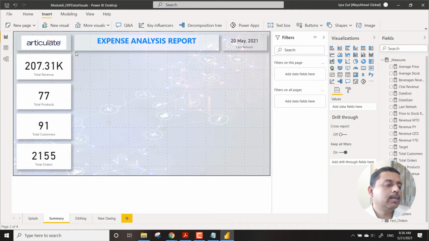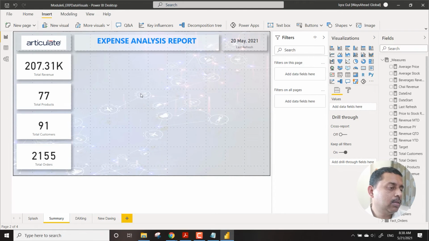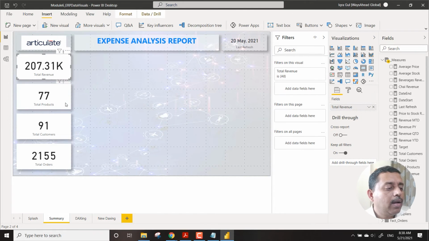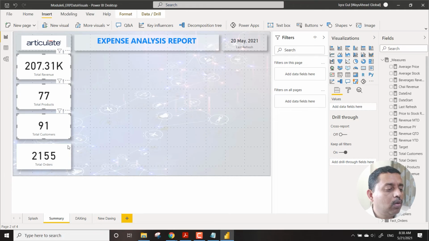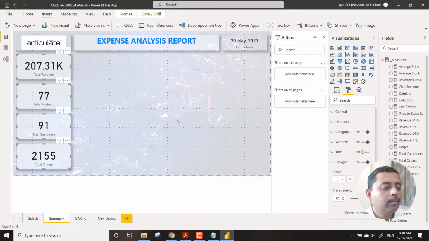Suppose something like this. We cannot increase the transparency of a logo, so it will stay like that. But for all of these we can go to the background and increase the transparency somewhere here, something like this, press enter.